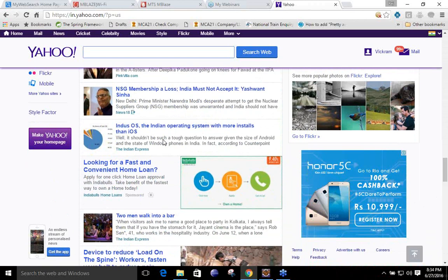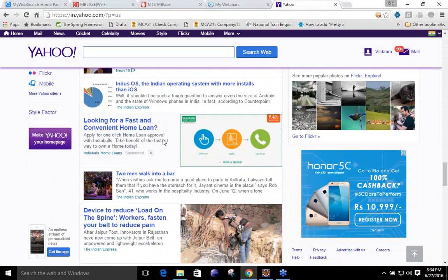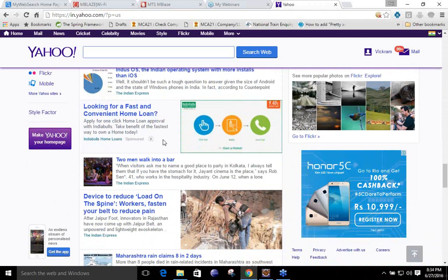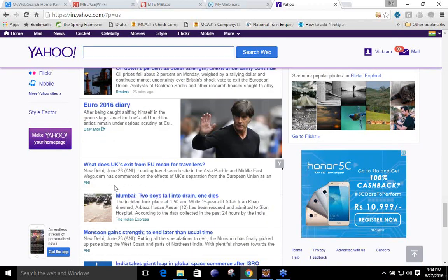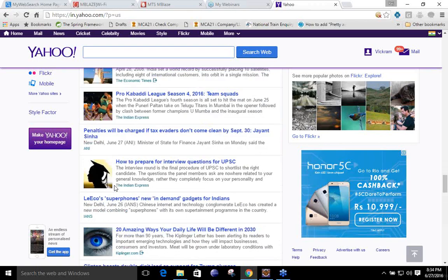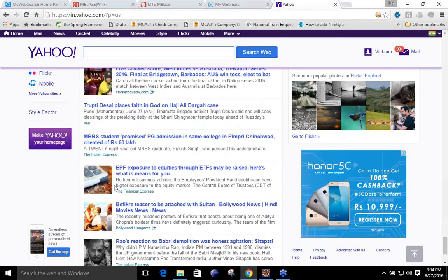This is a little difficult, not so difficult, but compared to the work we have seen till now, it is a little bit tricky. Here you will get a lot of links. If you want, you can go for Google; there will be fewer links. But we will see any one of these. So what could be the different possible steps required for counting the number of links available on the website yahoo.com?